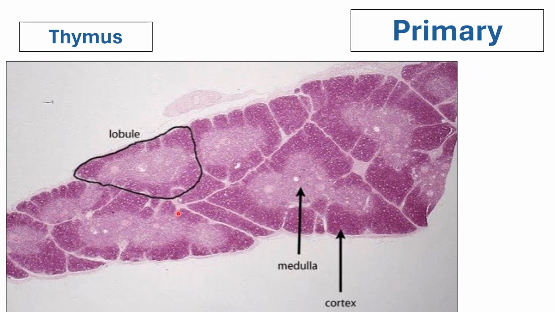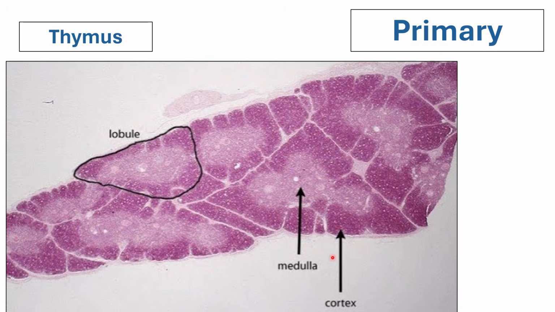Actually, the lobules is just for the thymus. Sorry. The one I was talking about is the presence of your outer cortex and your inner medulla. Okay? So you would have your lobules. So these lobules is usually, the septa or the connective tissue that divides this lobule may or may not be complete, such as in these areas. Okay? And this is very characteristic of your thymus.